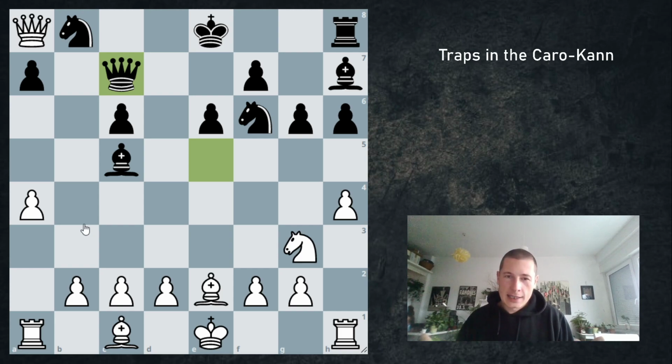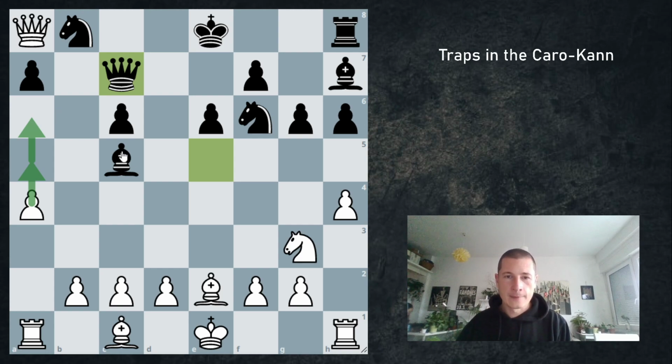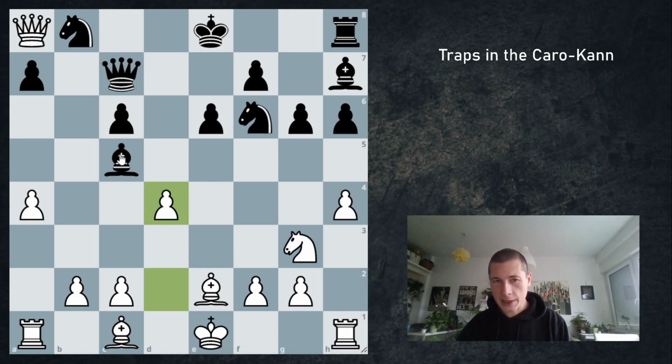This is an engine line, but again, has happened 18 times, and people who have had this prepared did play the correct way. It's very hard to find this. You again could go for this, and it should be okay. But the best way to play is d4. Bishop takes d4 is forced, pretty much,